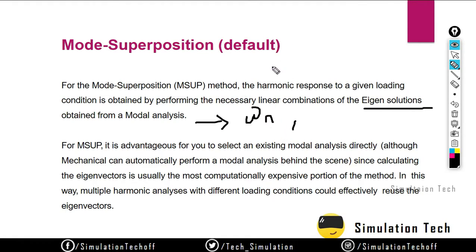In the full method, it actually solves the energy equation for all the frequencies. When you define the range from 0 to 200 hertz, it solves for each and every hertz, so 0, 1, 2, 3 likewise. If you do a mode superposition method, it only solves for about 20 frequencies, like 15, 32, 21. So what are the natural frequencies? It only gets solved at those particular natural frequencies. Okay, so that is the main advantage and disadvantage of the mode superposition method.